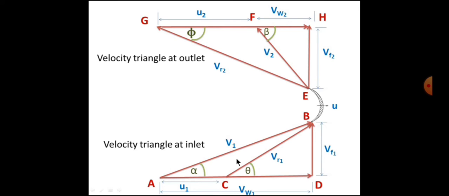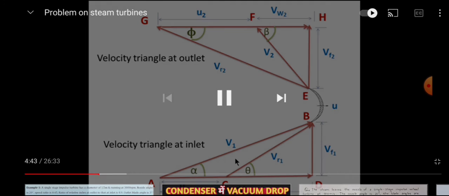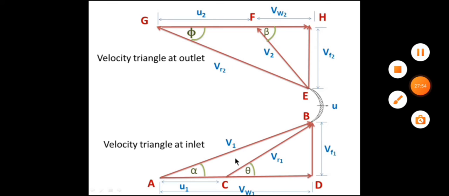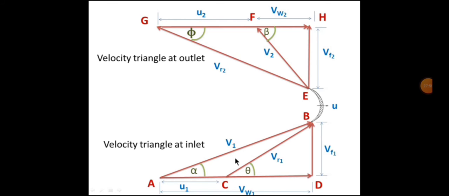That means to have convenience in solving the problems on turbines, it is a common practice to combine the two vector velocity diagrams on a common base, which represents the blade velocity u as shown in the figure. So now we need to draw a line, and this line will be the line for blade velocity u, and this blade velocity u will be common to both the triangles. So that is how we are going to combine inlet and outlet velocity triangles. This is the general practice which needs to be done in order to solve the numericals on steam turbines.